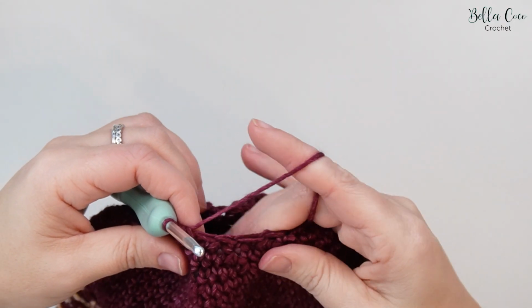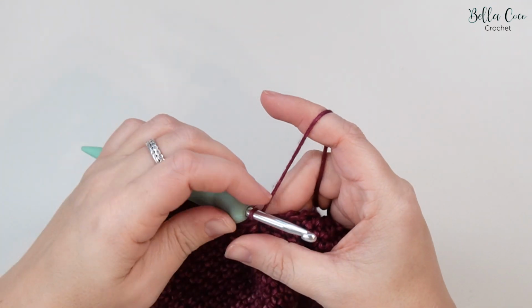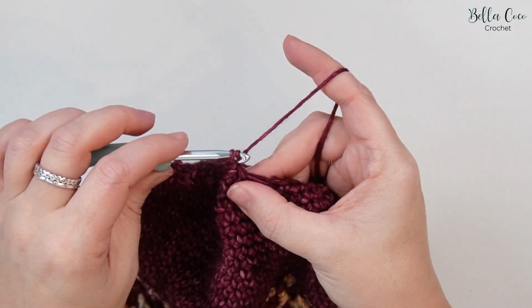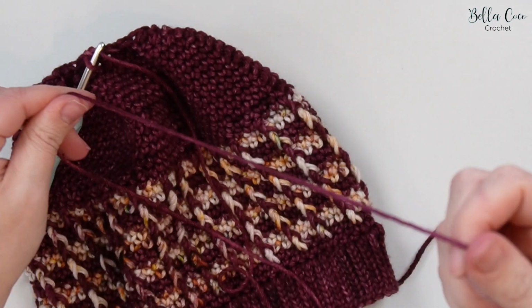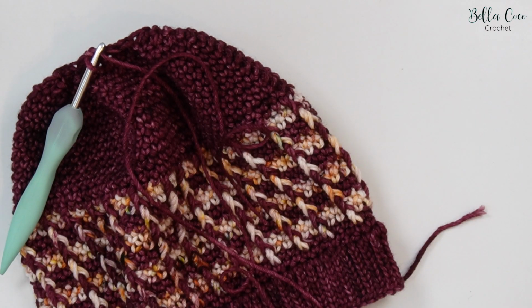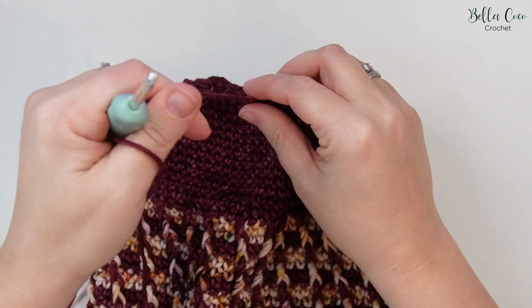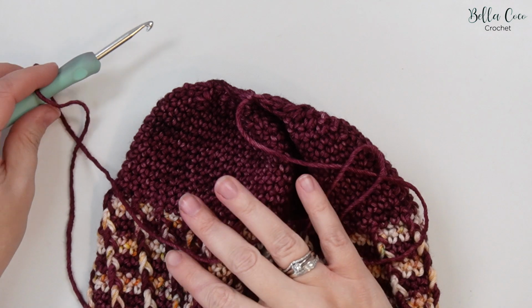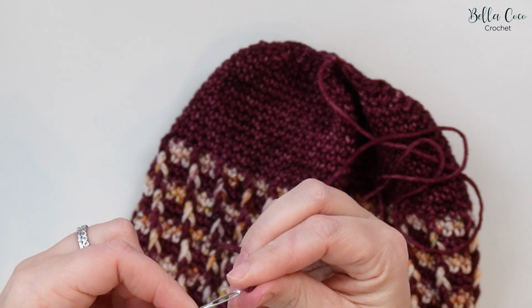Okay, so once you have done those 14 stitches, you're going to join with a slip stitch to your first stitch. And then we want to fasten off, leaving a long tail end, because we're going to use that to sew together. So we're going to take that out, and then you need to grab a darning needle. So we're going to thread up our darning needle,